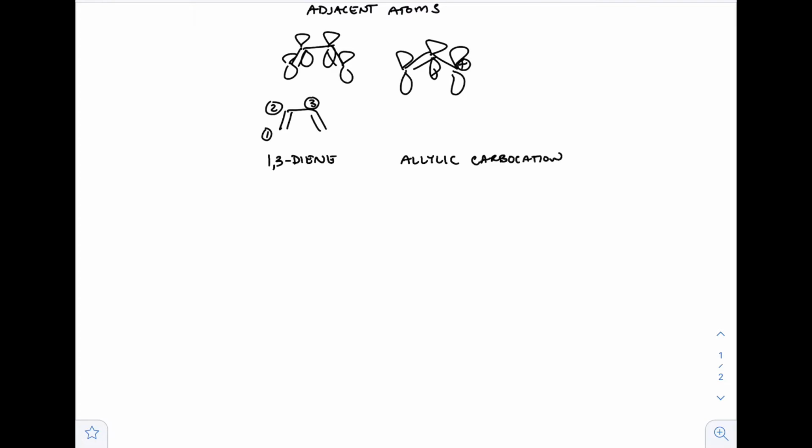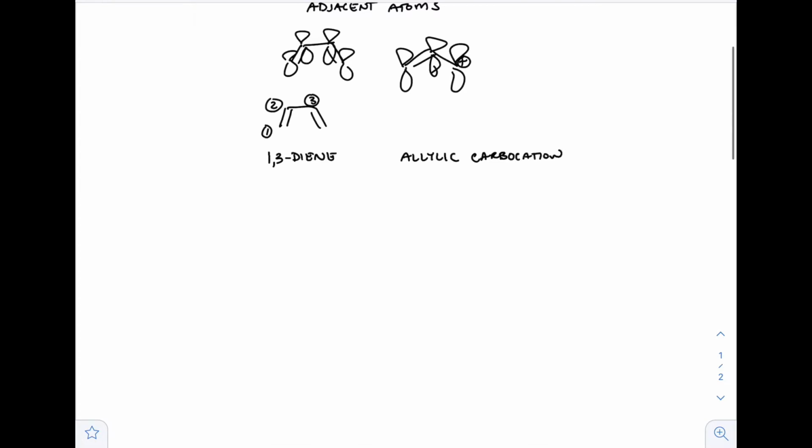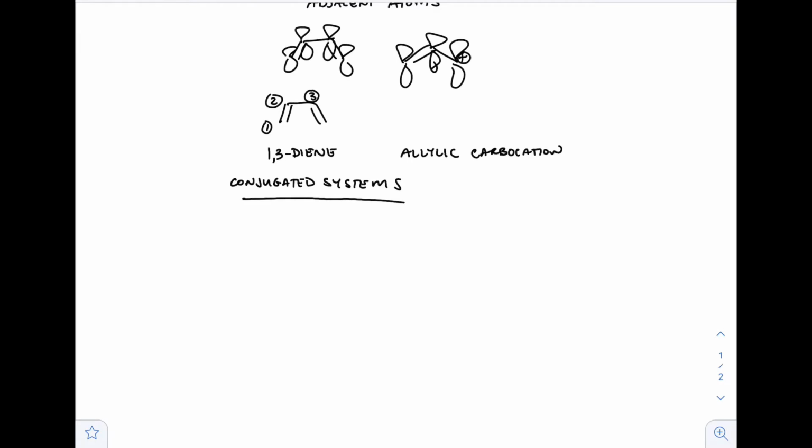Okay, the allylic carbocation, we also know that it has a particularly unique stability, and that is due to the resonance. Okay, so the idea of a conjugated system is kind of the topic of the next couple chapters, and so we really want to understand this, but conjugated systems are as opposed to non-conjugated systems, so you can still have a diene but not have it